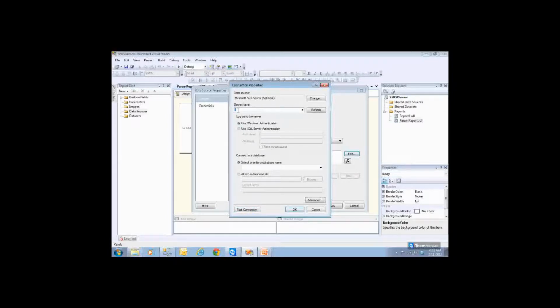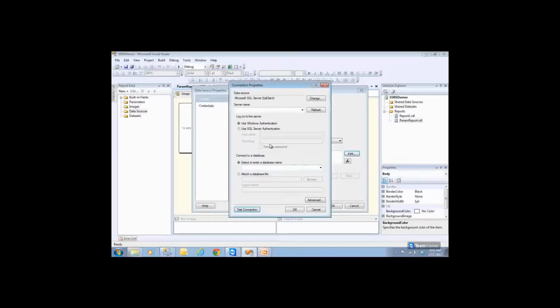You may check with your boss or your team member or the colleague who will be having the server names and the database names. So you need to write a mail to the client or to your manager saying that, sir, I would like to have the server name and database name where I would like to create my reports. Dot is a localhost, which is the SQL server installed locally.